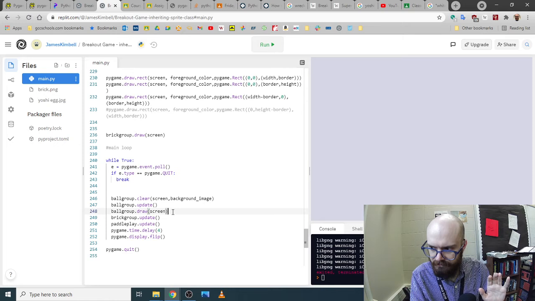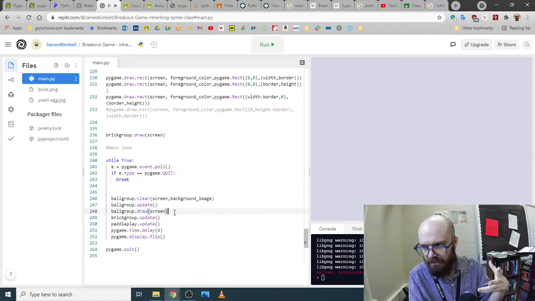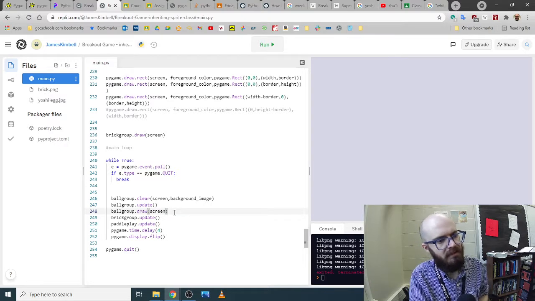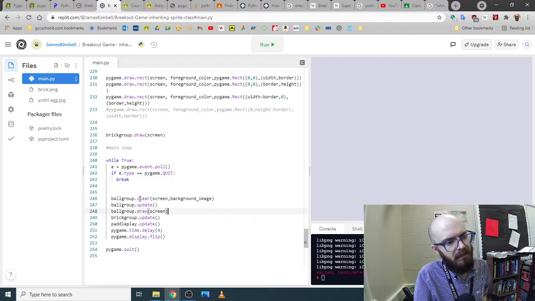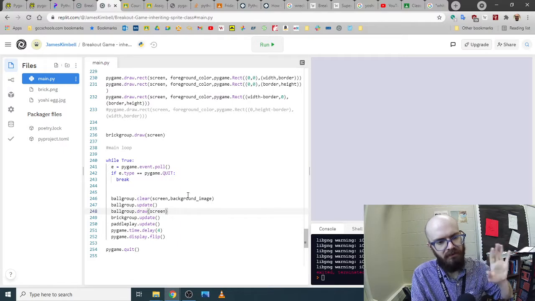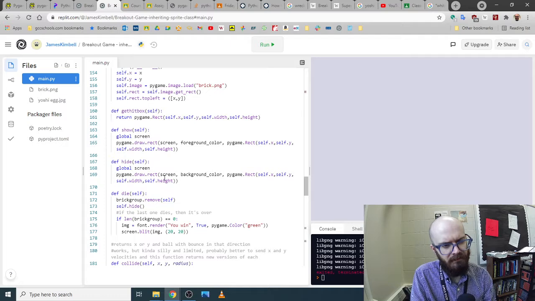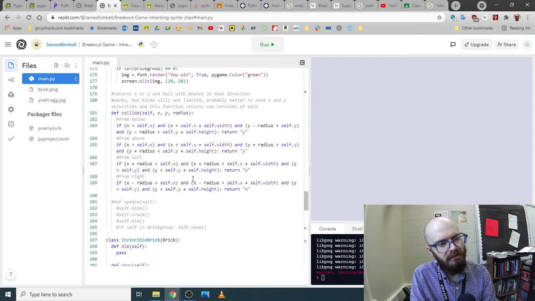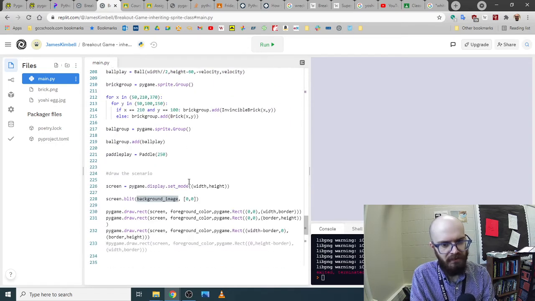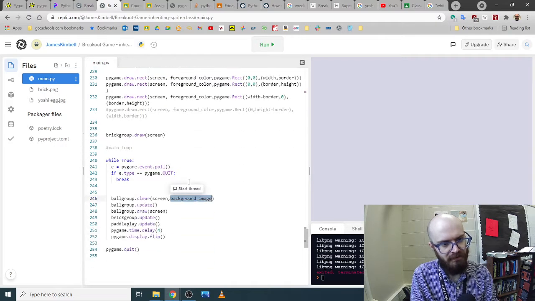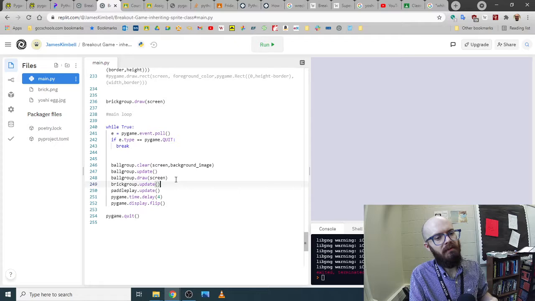However, there's one complication. There's one thing that makes it slightly different, which is that in order to do the clear, it doesn't want to draw a solid color. It wants to draw an image. So like we had it drawing in our hide functions, we had it drawing just a solid rectangle on top of what we had. And you could kind of do that, but I wanted to migrate toward the way sprites operate. So the way I did that was